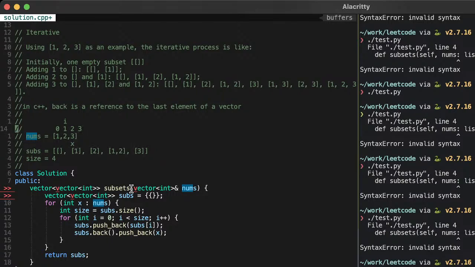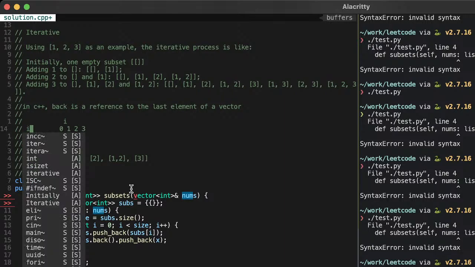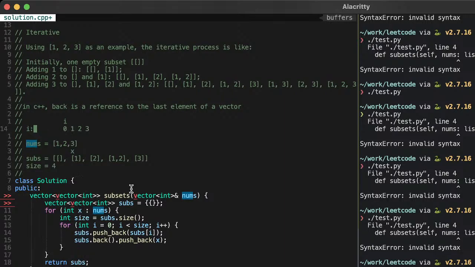Okay. So what is this? Let's label this. It's just i. Index. Keeping track of our index here.